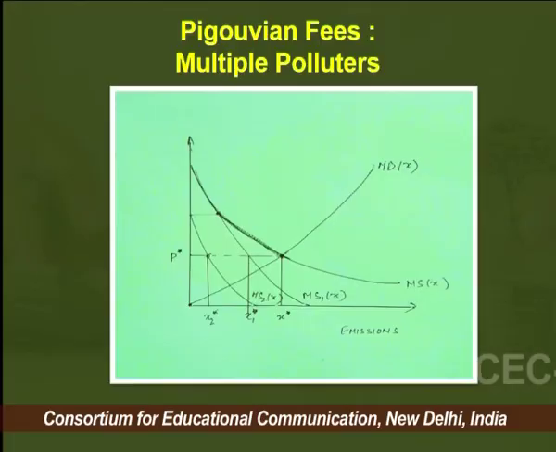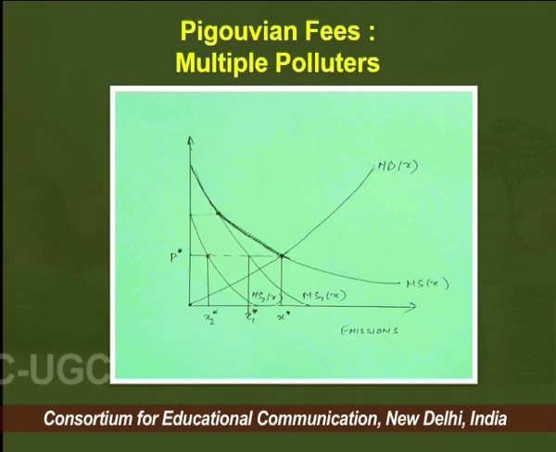There are n victims, so n victims will be affected and n damages will be there. So, marginal damages will be from 1 to n. We can generalize it, or we can simply consider in our framework two victims: marginal damage of victim 1 and marginal damage of victim 2. If we consider the case of multiple polluters, and we consider two polluters, then this is the graph we would like to adopt,